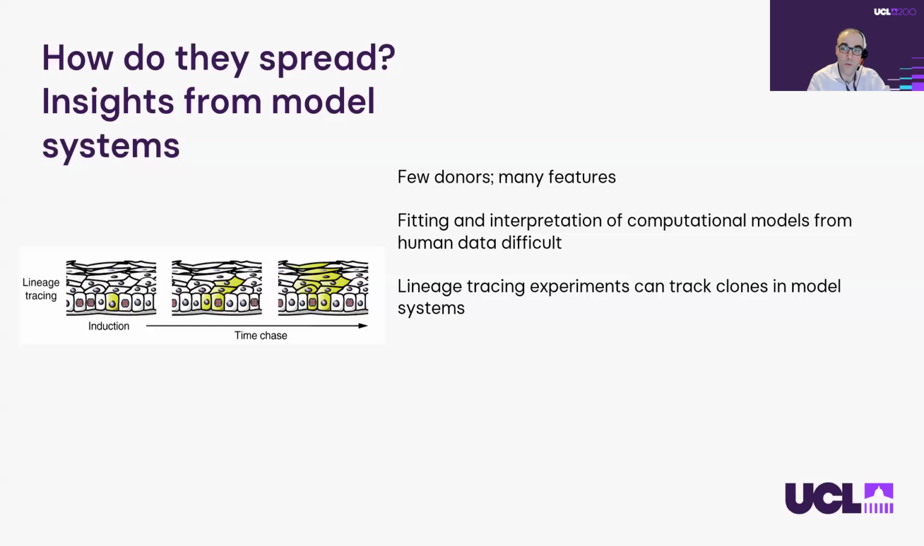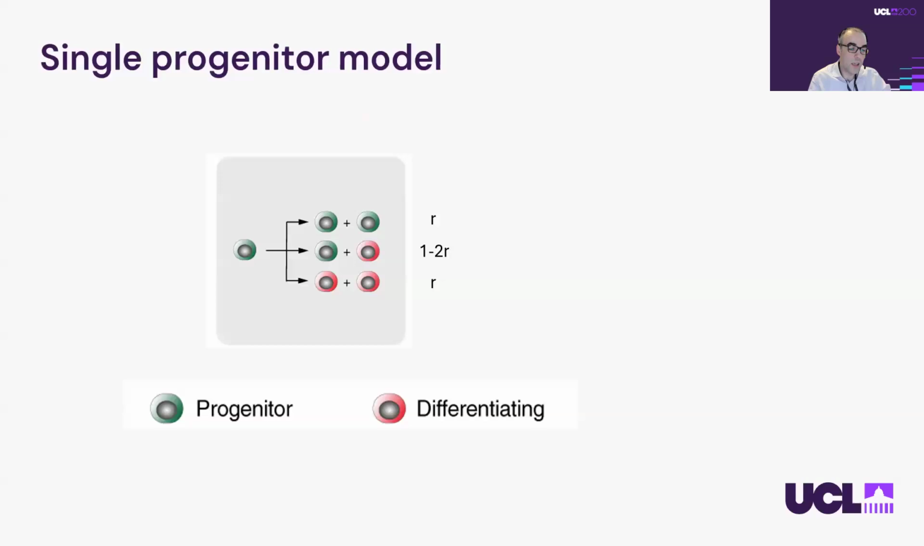So to better understand the role of individual genes, we can look to model systems and experimental procedures. In particular, lineage tracing experiments induce an inheritable label in cells, which can then be used to track individual clones in animal experiments. I mentioned earlier the single progenitor model. Now, this is a very useful paradigm for understanding how tissues are maintained. In this model,